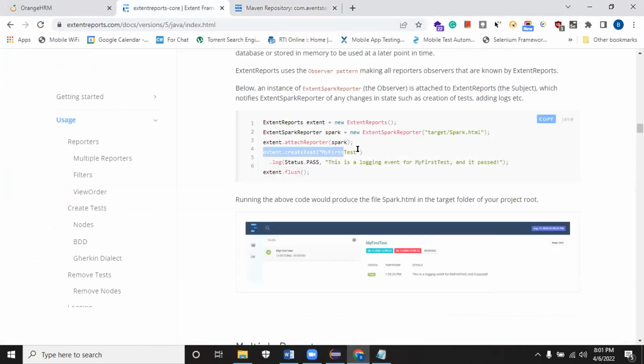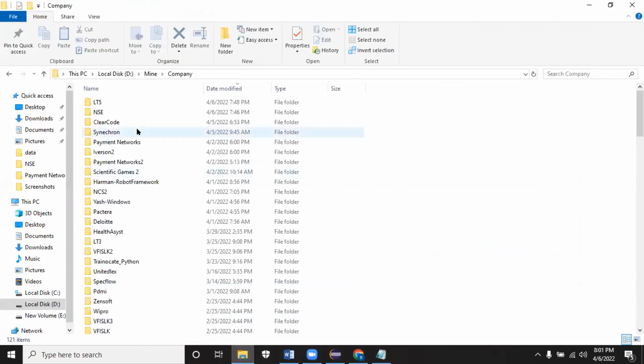I have to create test. I have to sit and create the test one by one. Every time in the before method, I need to do that. And after creating the test, I have to log the test. For that, I have created a logic. I'll just take the logic from the previous scenario and show you.